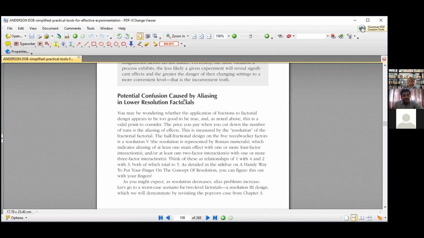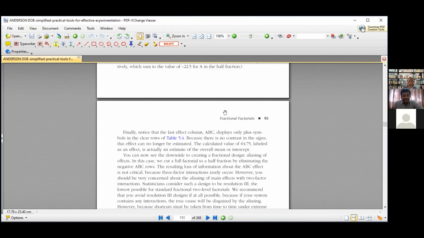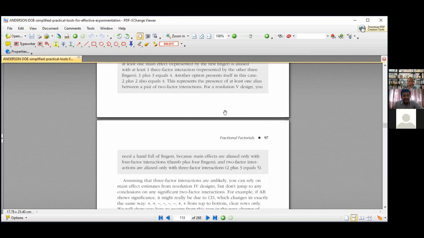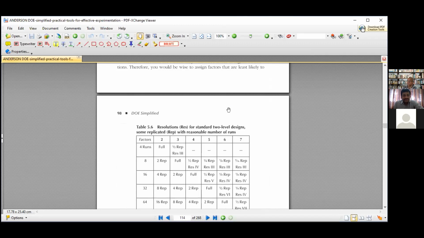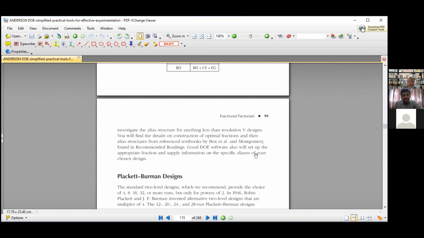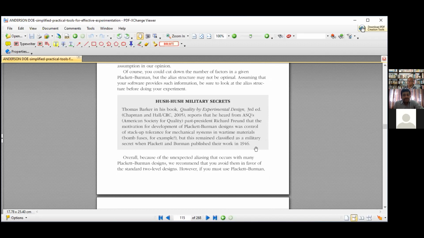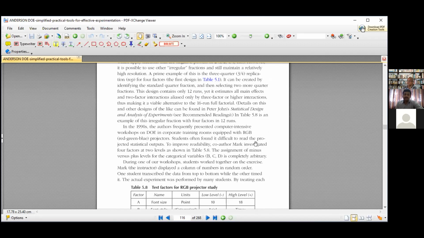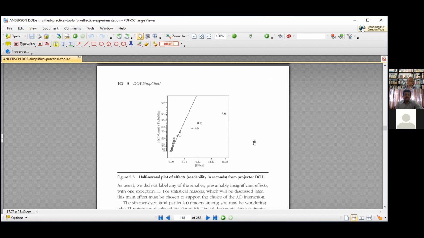Potential confusion caused by aliasing in lower resolution factorials. So this is the big problem. Then blocking. So this is the resolution we discussed in detail: resolution 3, resolution 4, resolution 5. Resolution 5 is always all right. If you are using resolution 5, there is no problem. Only if you are using resolution 3, then runs are reduced, but then you have to be very careful. So then there are additional methods.